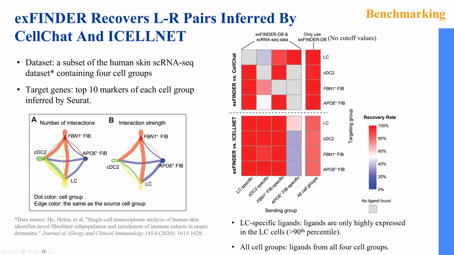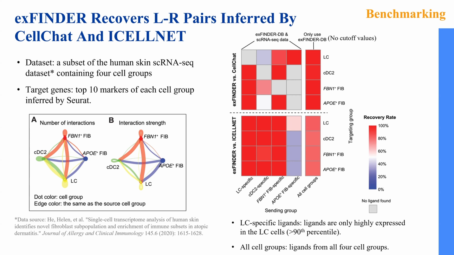We think one reason may be that CellChat uses a different method to calculate the average expression level, and that's probably why we identified slightly different highly expressed ligands and highly